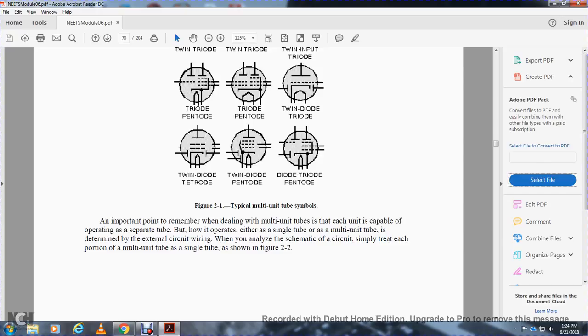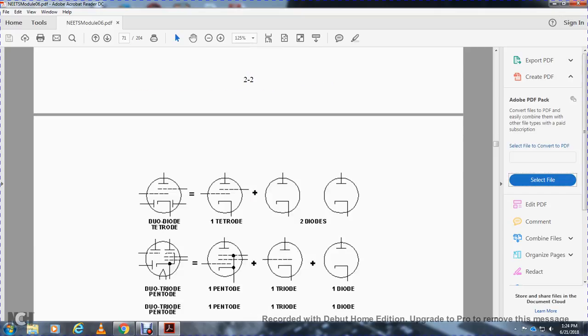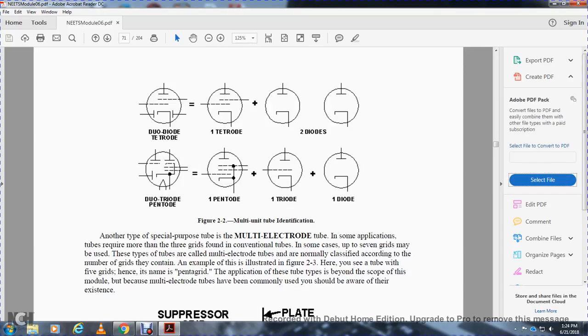It's important to remember that when dealing with multiple unit tubes, each unit is capable of operating as a separate tube, but how each operates within the multiple tube is determined by the external circuit wiring. When analyzing the schematic of the circuit, simply treat each portion of the multiple unit tube as a single tube, as shown in Figure 2.2. Alright, Figure 2.2 shows the multiple tubes: one diode, two diodes, one triode, one tetrode, one pentode,